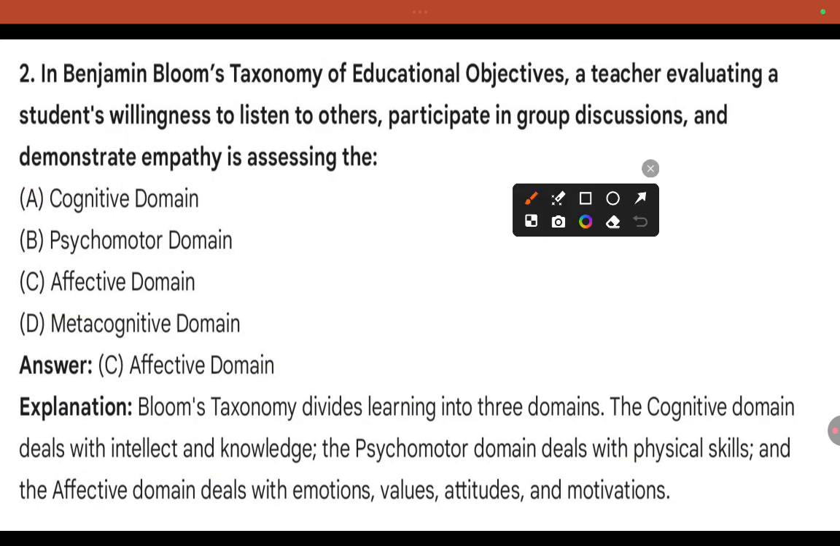In Benjamin Bloom's taxonomy of educational objectives, a teacher evaluating a student's willingness to listen to teachers, willingness to listen to others, participate in group discussion, and demonstrate empathy is assessing: A. Cognitive domain, B. Psychomotor, C. Affective, D. Metacognitive. So here the answer is